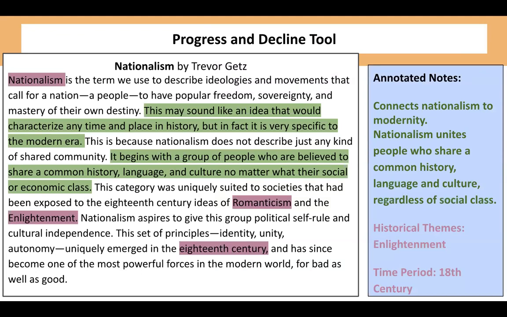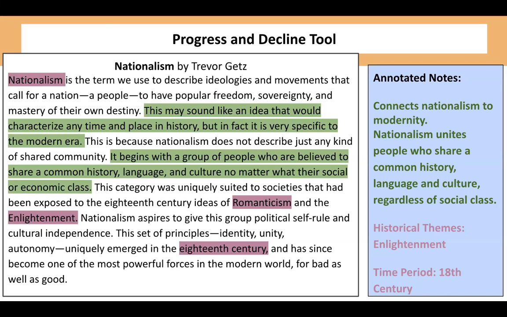So for the first excerpt, I highlighted some things and I'll tell you how I did it. While I was going through, I know that I'm going to have to do some contextualization. So my goal was to try to figure out, well, what could help me build an understanding of the concept. So my context is going to be in purple, and then things that I feel were just important about nationalism, I put in green. So nationalism, the term itself, I highlighted here in purple,